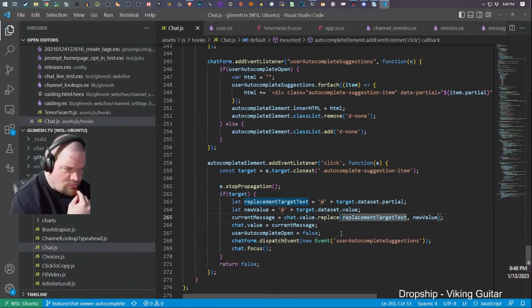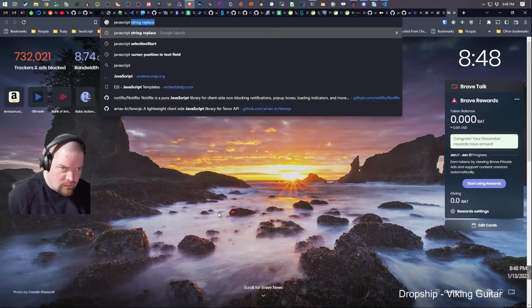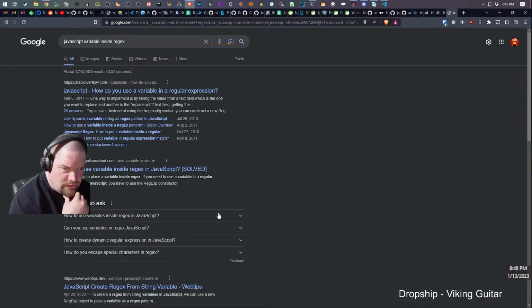I don't think I can use... Can I use variables inside of a regex? I don't think I can use variables inside of a regex. That doesn't compute. Probably some way to do it.